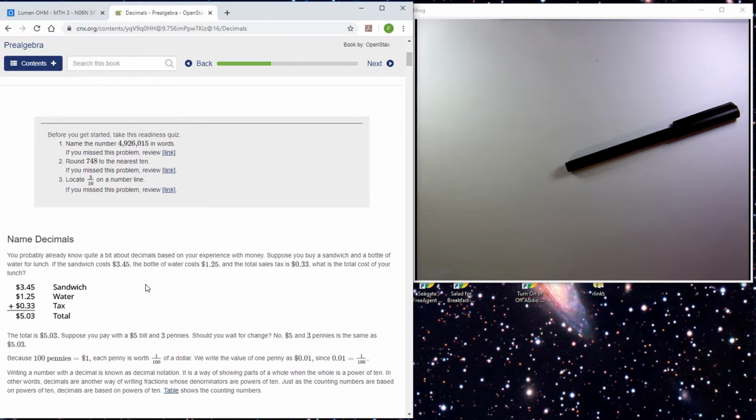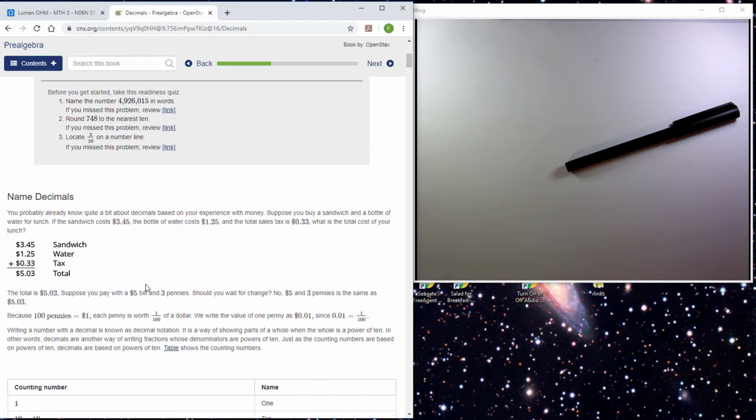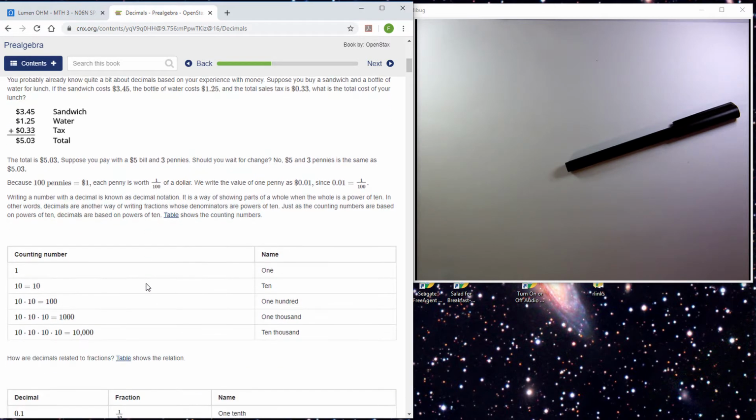What are decimals? Well, the best way I could describe decimals is that decimals are special fractions where the denominator is just some multiple of 10. A decimal has a whole part and a fractional part together, an abbreviated way of writing a mixed fraction. So you can see here,